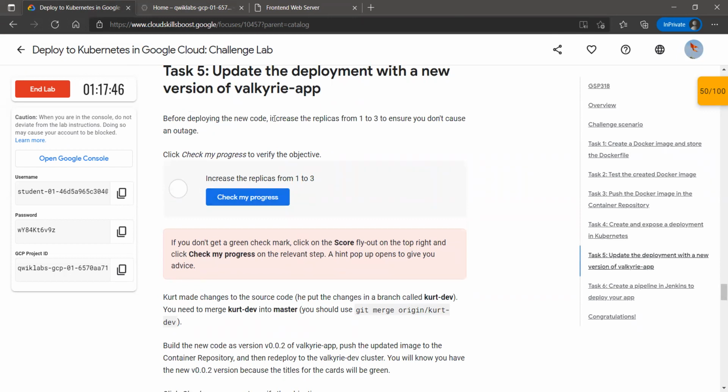Before deploying our new code, increase the replicas from 1 to 3 to ensure you don't cause an outage. Okay. So basically by default, we have one replica of the deployment we created. That means that we have just one pod of that. Now we need to increase the number from 1 to 3. Means after increasing, we will have 3 pods then.